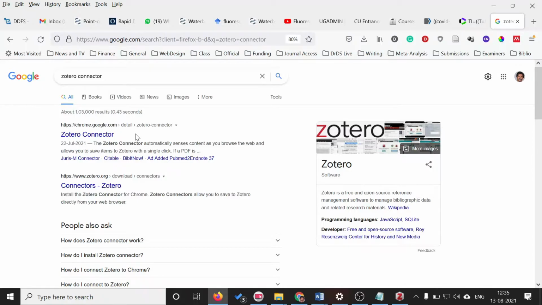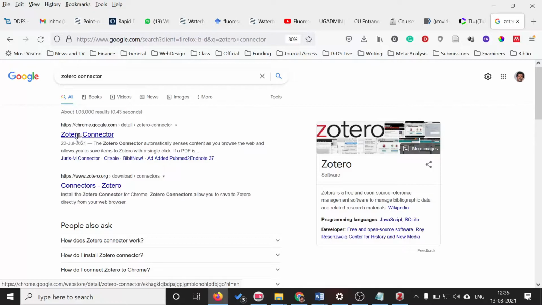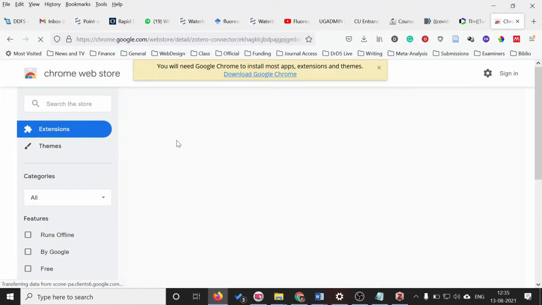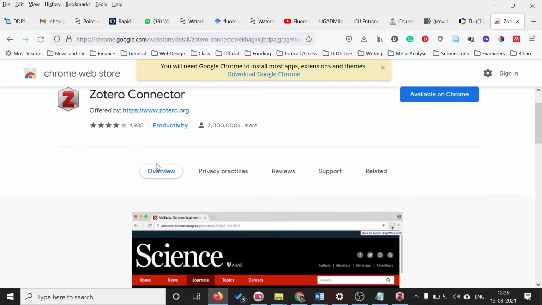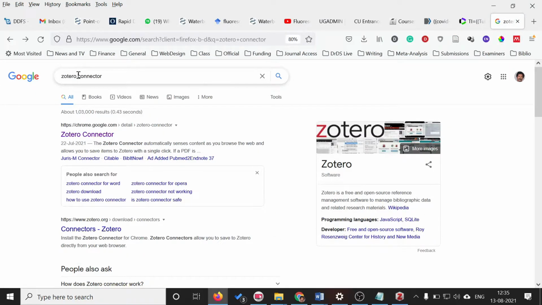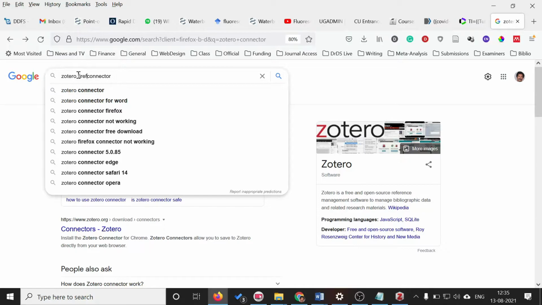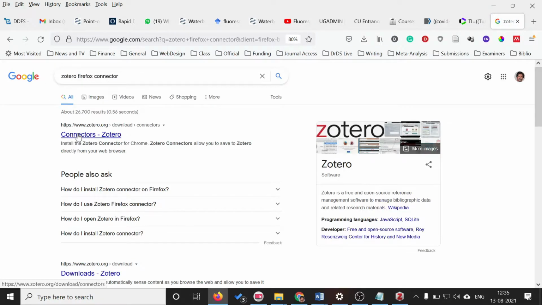These connectors can be downloaded from the Zotero website, and that is available here. This is a Chrome connector. If you are using Google Chrome for browsing web pages, then this is available, and if you are using Firefox, the Zotero Firefox connector can be used.